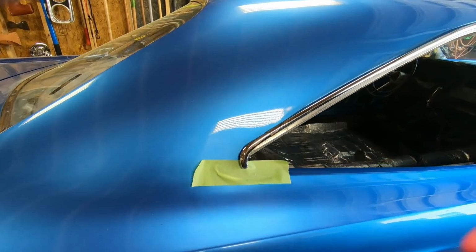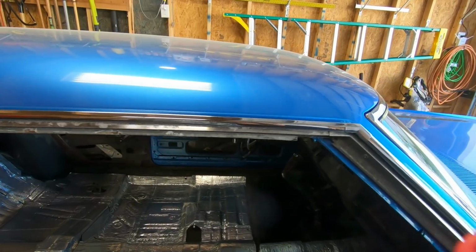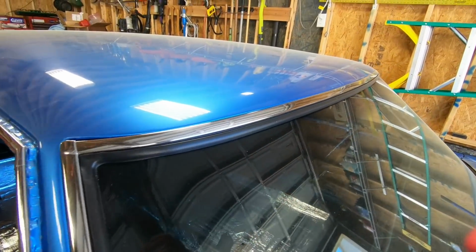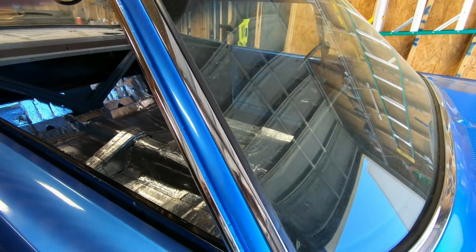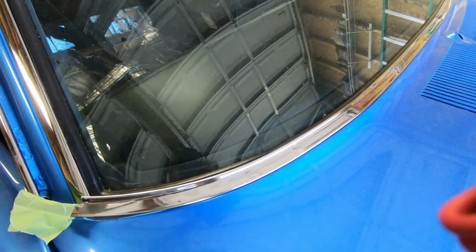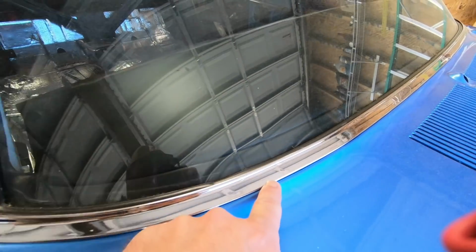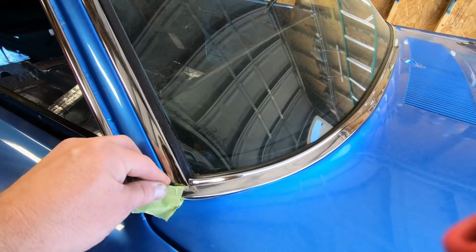And then we also, midstream here, are putting in the drip rail moldings all the way around, and then the windshield moldings. They were not with the car either. I had to buy reproductions of those. And with any reproduction part, you know, fitment isn't always perfect. So on this side, I'm gonna have to pull this piece back off and massage the crease in this here just a little bit to get it to...